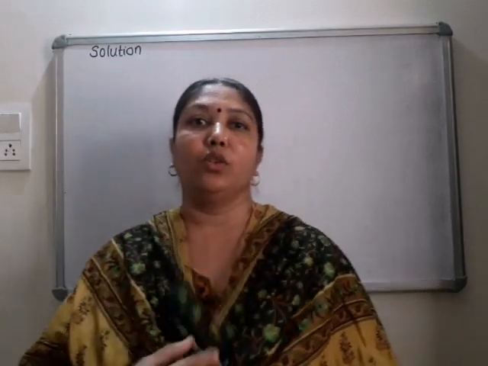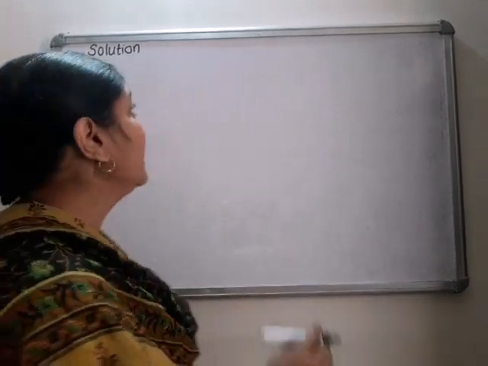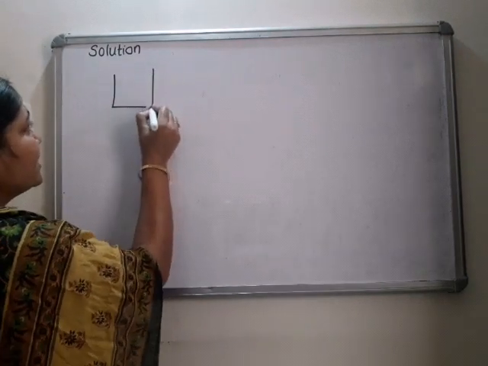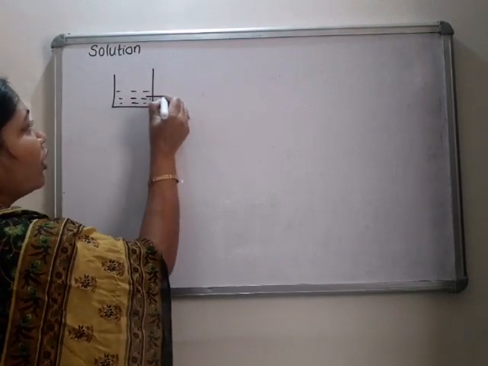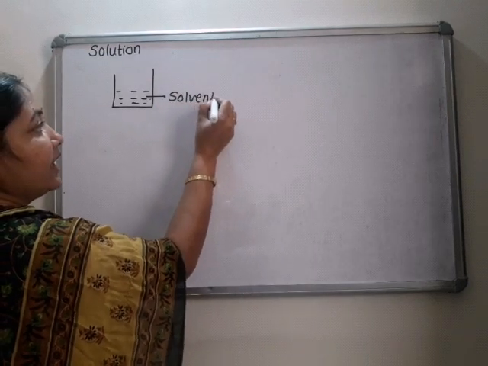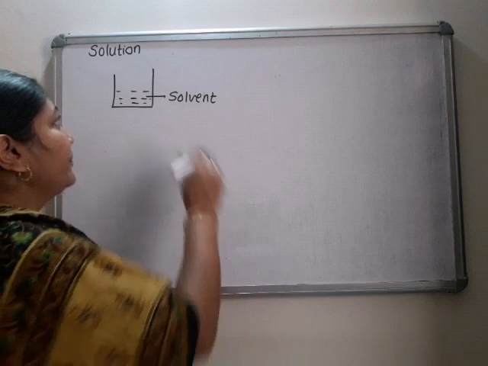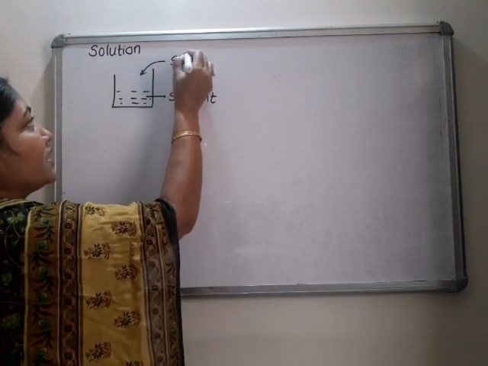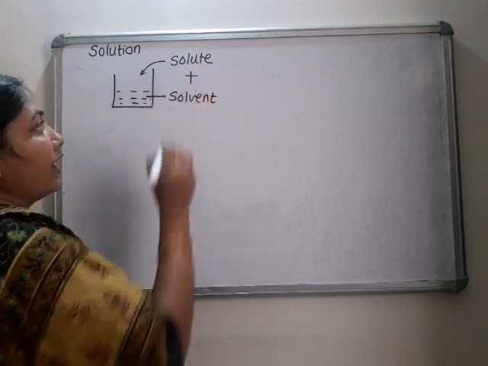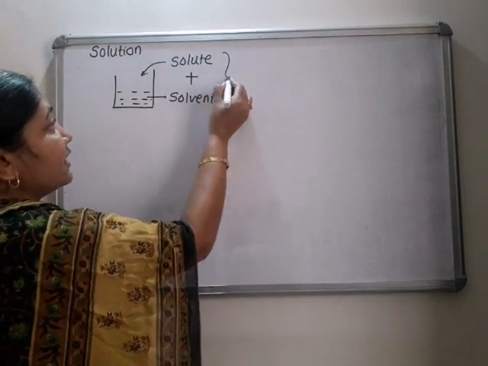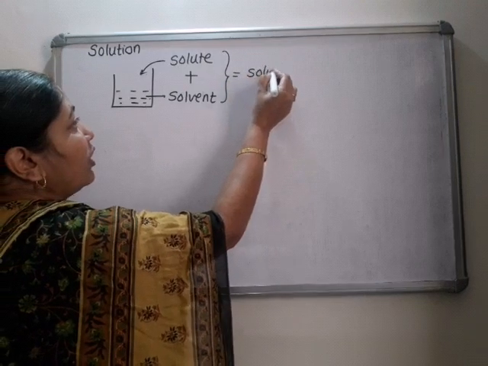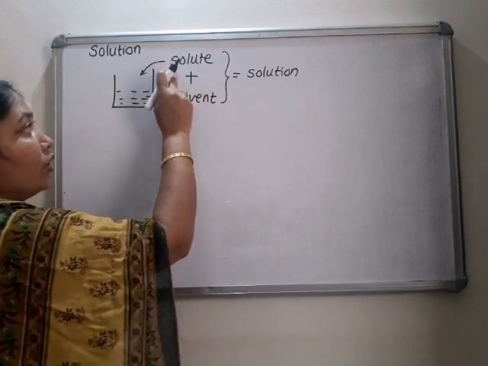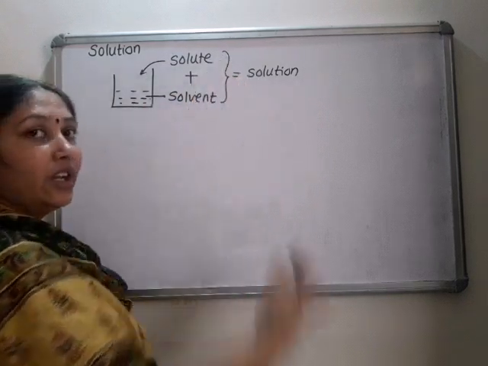What is meant by solution? You all know this term solution. So in the beginning, just the introductory part of this lesson. Solution means what? It's a mixture of two or more substances, right? So here one substance is known as solvent. The substance which is taken in excess is called solvent, and a small amount of another substance added in it is called solute, and the resultant mixture is called solution. So solute, when mixed with solvent, we get solution.